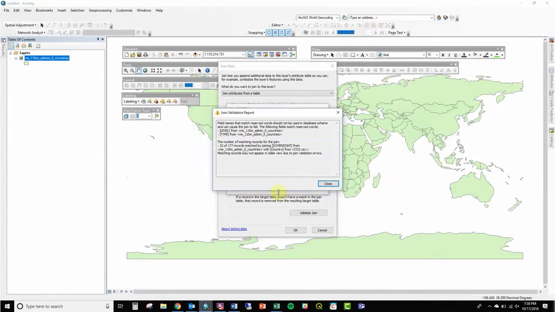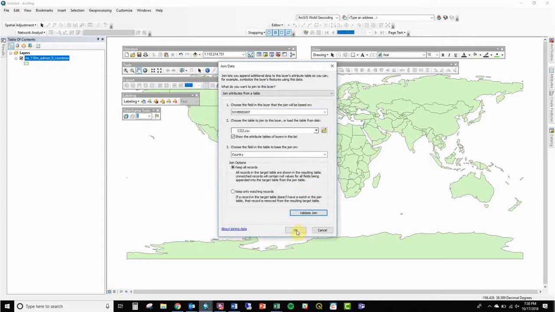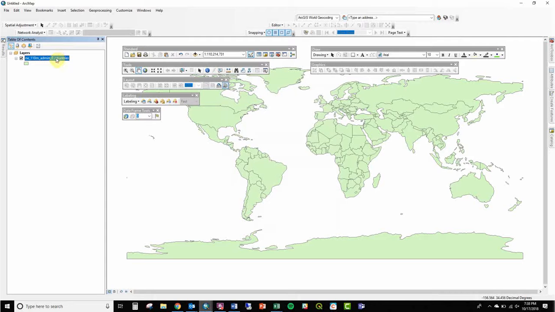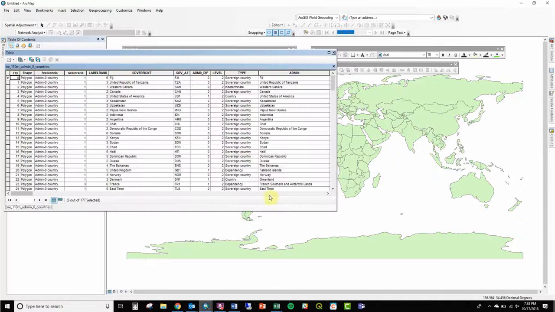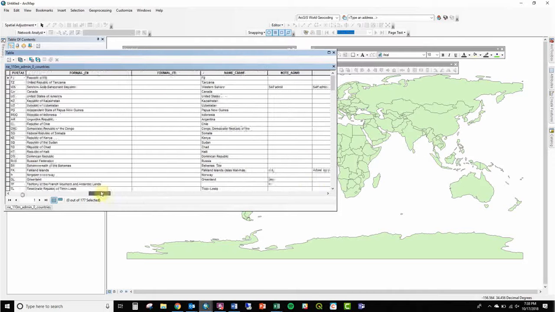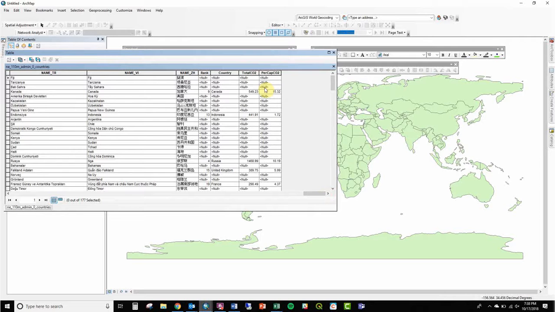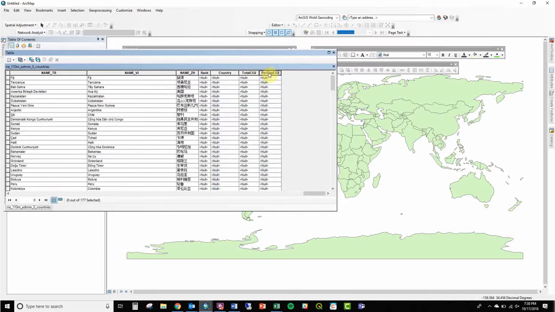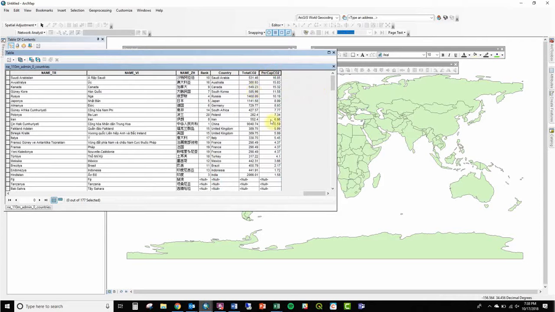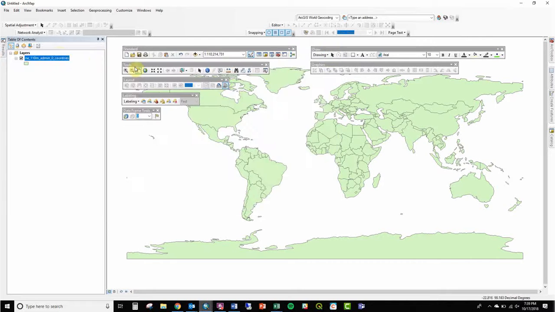So I can say great, thank you, okay, and then we can see that if I go to the right now, I have these new fields that I just added. So the per capita CO2. If I sort by that, you can see all that data from the internet is now in there, and I can symbolize my map by it. So